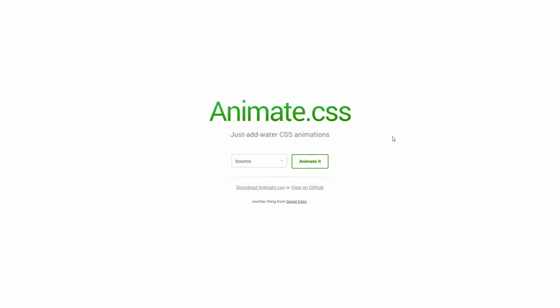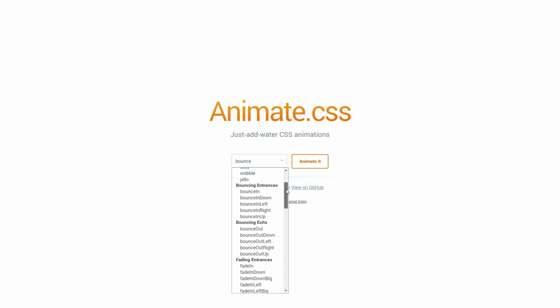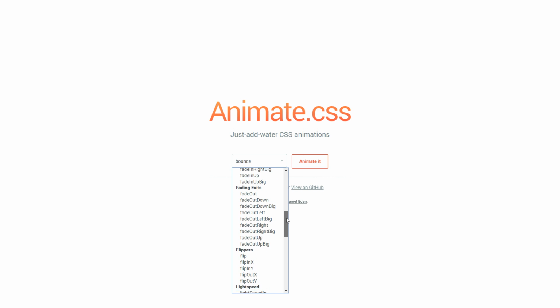Cool, so let's start off by taking a quick tour of the animations available at Animate.css. If you visit the website, it's really clean and simple. You can just open up this drop down box and see all the animations that are available. And if we scroll down, you can see A, there's a lot to choose from, and B, that they're sort